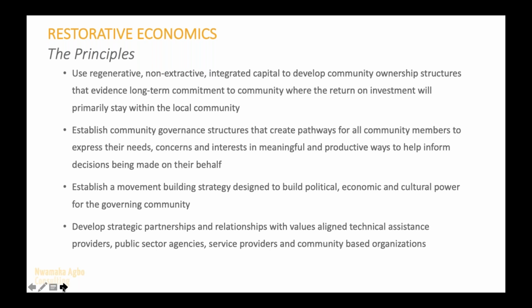And then within that, as we're actually financing a project, how are we really interrogating the terms of that deal, the interest rate that the developer is looking at, who is recouping that interest rate, how is it going back into serving the community. I would also then just love to lift up the importance of engaging values-aligned technical assistance providers, those lawyers, the contractors, the public sector agencies that we also bring in to support a project, and ensuring that they are culturally competent in how they're engaging with the local community and are actually doing their work from a values-led stance.